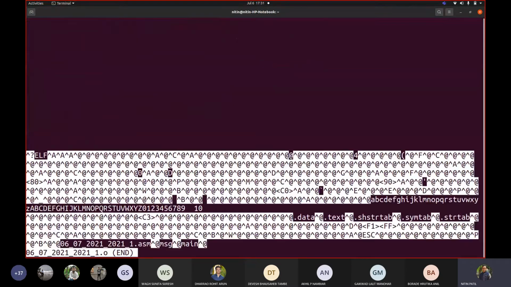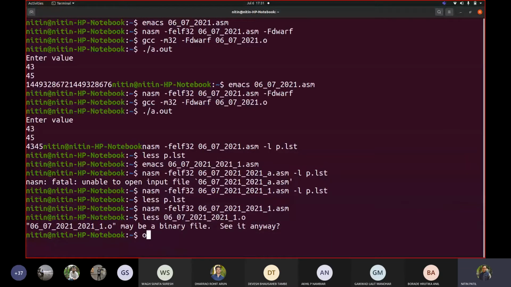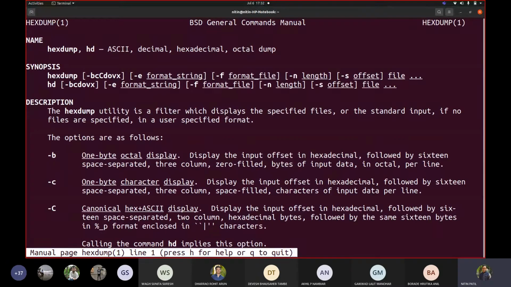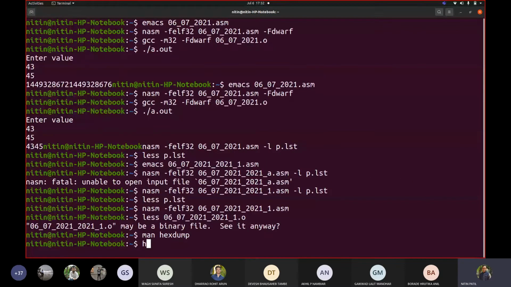It says binary. Can you see that? At least I can see something shown to me. Correct. This is what we added. The rest of the things, A, B, C, D, capital letters and so on, came here as well. That we can learn or read. So if I go with objdump, or let me go with this hex dump. What is this hex dump? It gives you this hex, ASCII, decimal dump. So let us write hex dump of the object code.